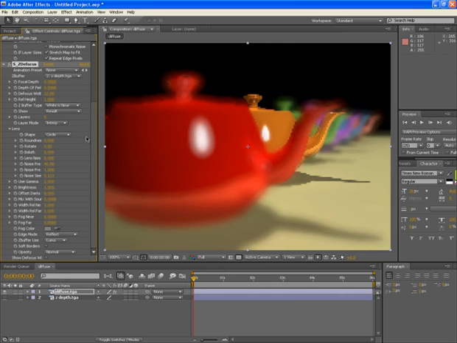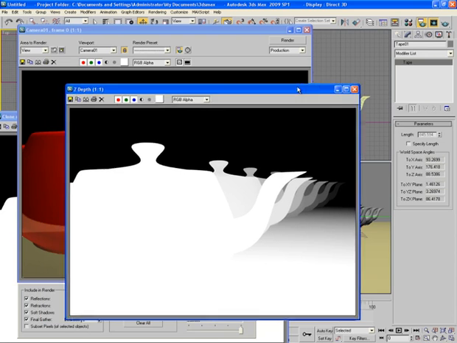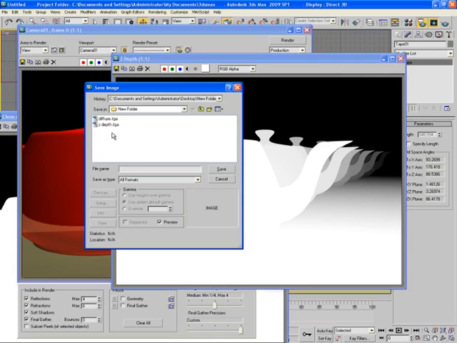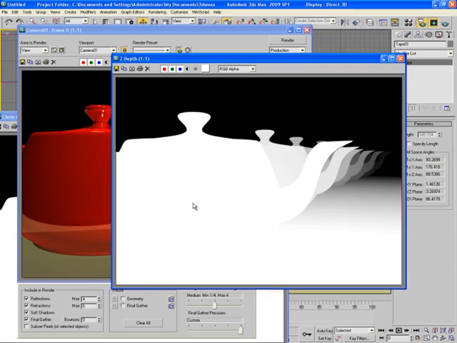If you want to control the focus on every single teapot, then go to 3ds Max once again. Take this kind of Z depth which covers every teapot, and this time save it as Z1 depth TGA. That's fine.